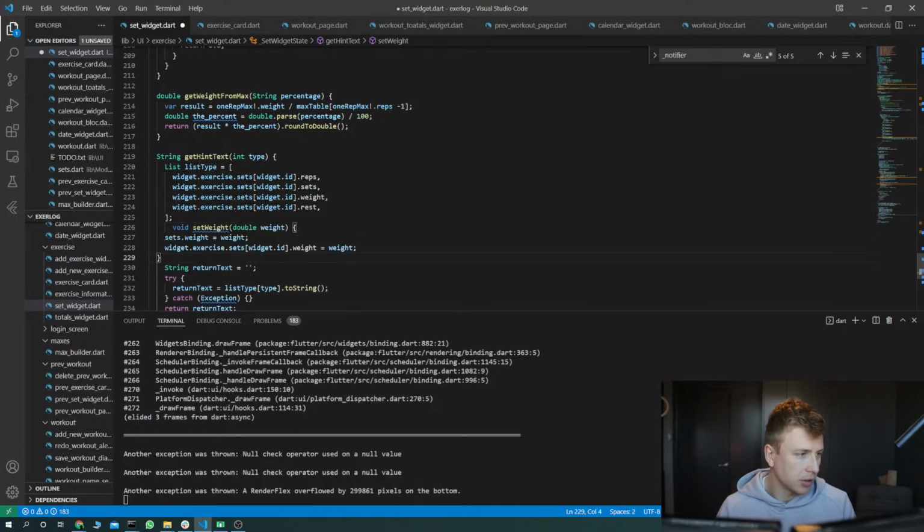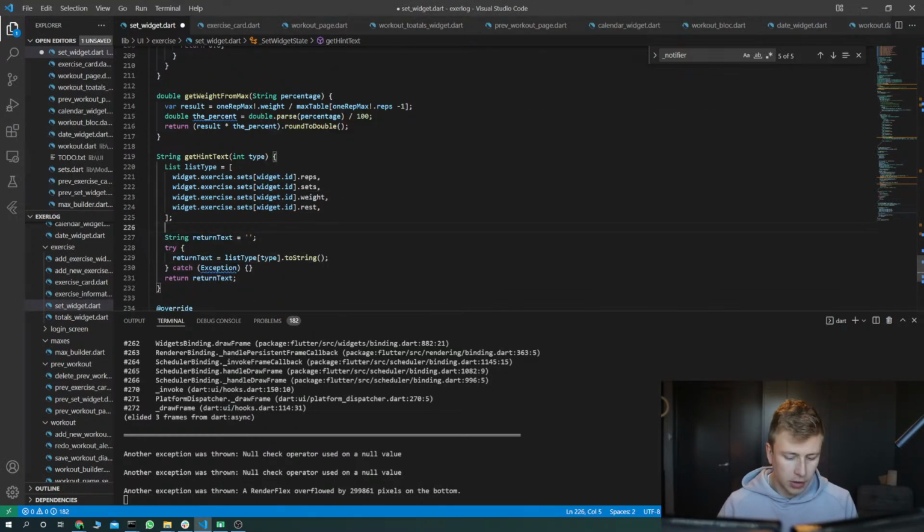Okay, so I think this is actually what we should do, if the type is equal to 2,